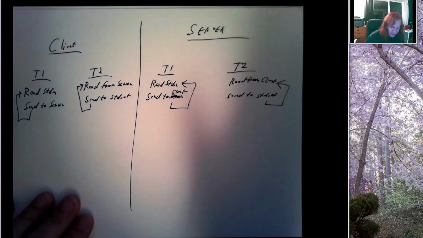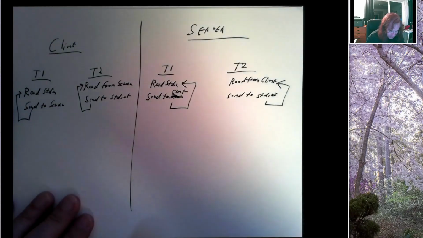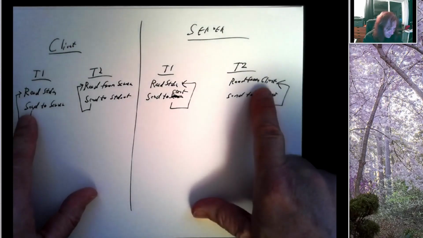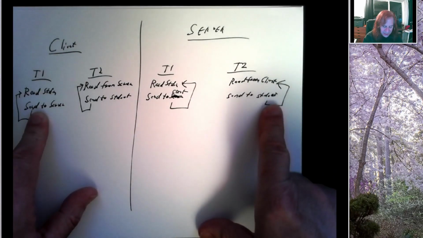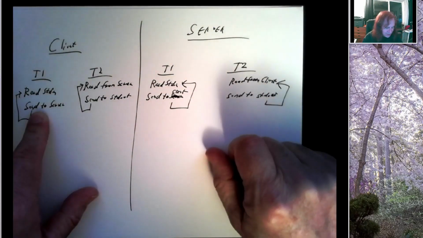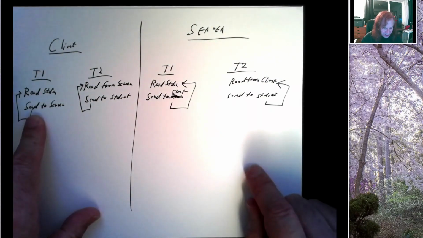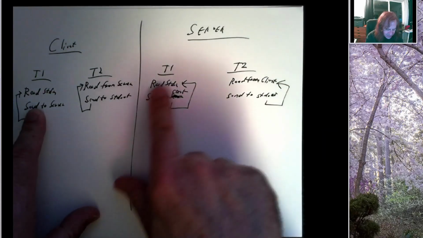And even if the server is not doing anything, if they're in the other room, thread 2 is continually reading from the client, and each time the client sends a message, thread 2 will read it and display it to standard out. So the server does not need to be typing and hitting enter in order to see the messages coming from the client. And similarly, if the server gets chatty and starts typing in a bunch of things and